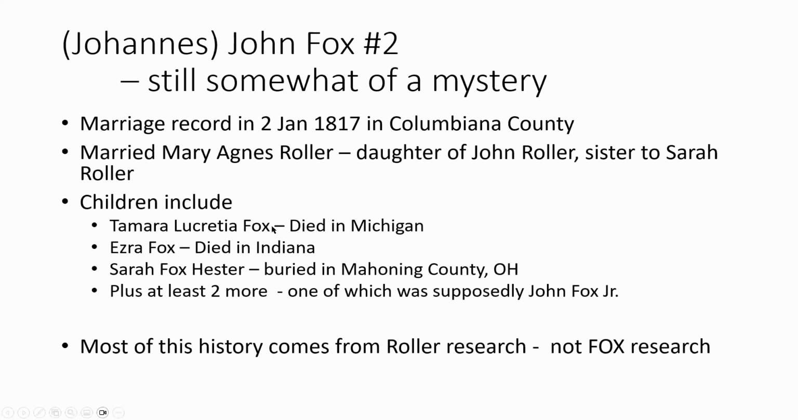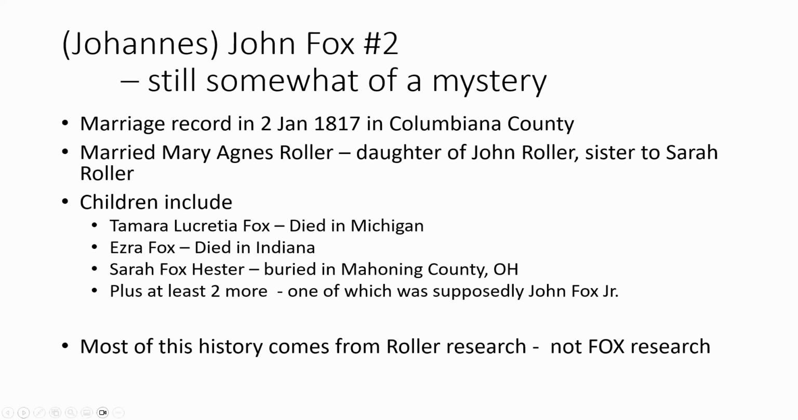This one happened to let us know that they had done research, and a daughter had died in Michigan, a son had died in Indiana, one daughter had married there, and she was living in Mahoning County and had passed. There are two more potential children that really haven't been resolved as well. One of those happens to be another John Fox as a child. But this research, again, came out of research that others had done, but it really came from the Roller side of the family,